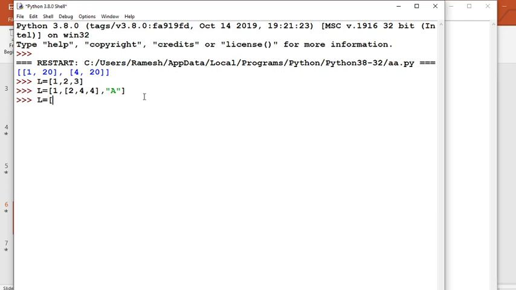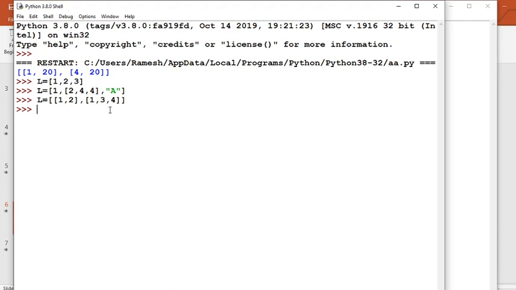Now we will see another example. What is this? This is a ragged list, because here there are two elements and here there are three elements.